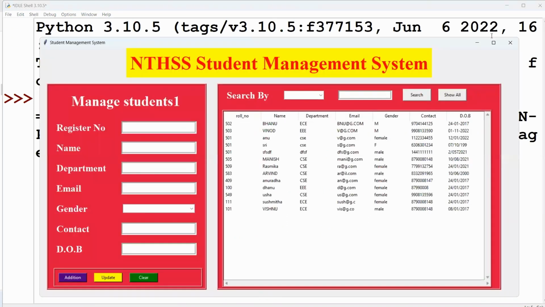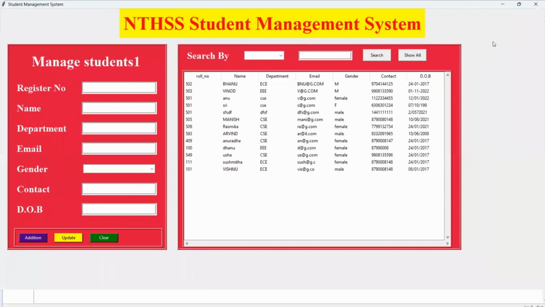Yeah. You see, this is the student enrollment application. Whatever colorful things you are looking at on the screen have been developed with the Python Tkinter module. The topmost is a label. This red mark is completely a frame. Roll number, name, department, all these are labels.